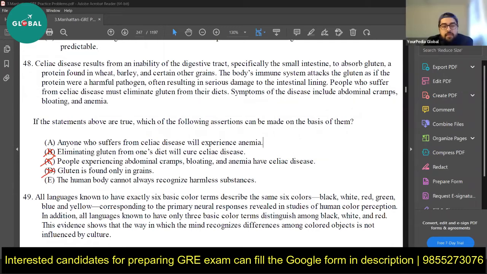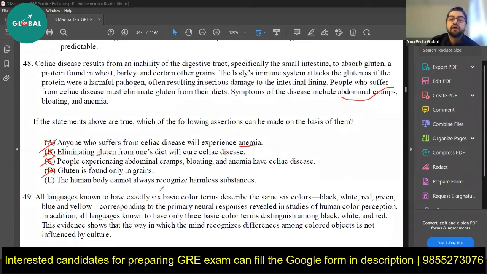Now E. First we'll come to A. Anyone who suffers from celiac disease will experience anemia. These are one of the symptoms. Maybe he will not experience all. Maybe he will not feel anemia. Maybe he will feel abdominal cramps. So this is again not 100% true. Partially it is true. Now this one, this is the correct answer, but you have to understand how he is giving information,